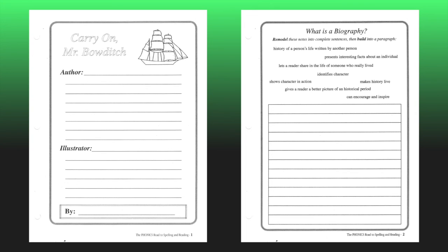Behind the completed pages are all the blank pages specially designed for the journeymen to record their literature and composition